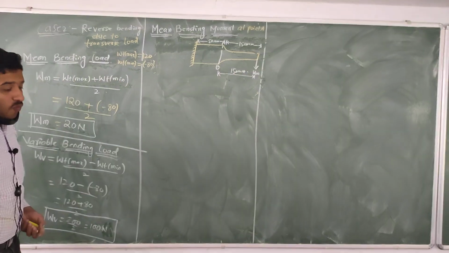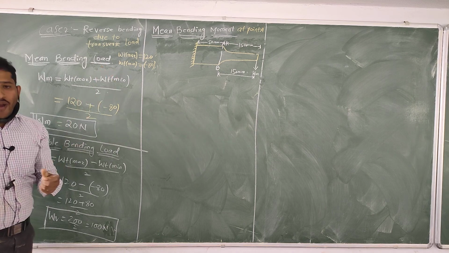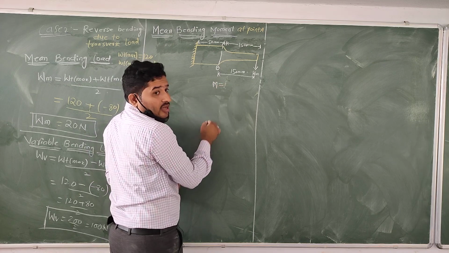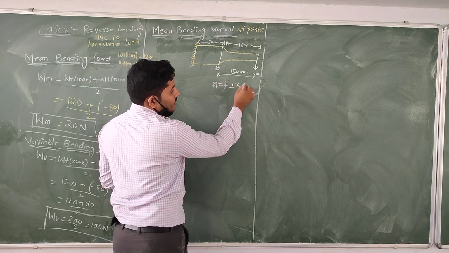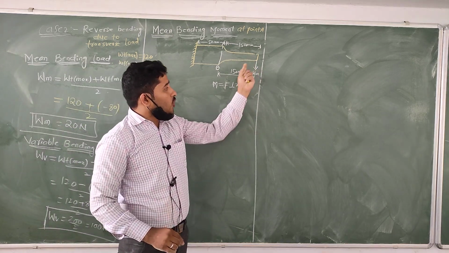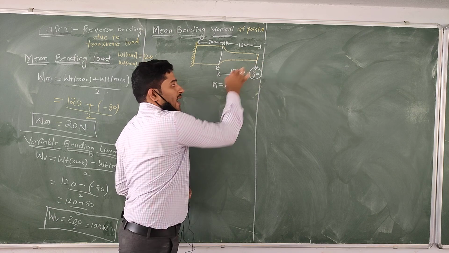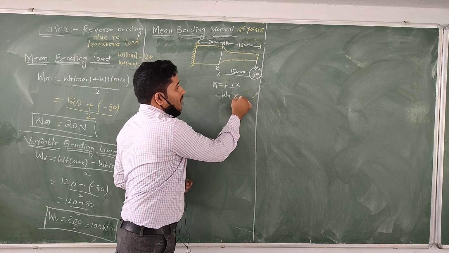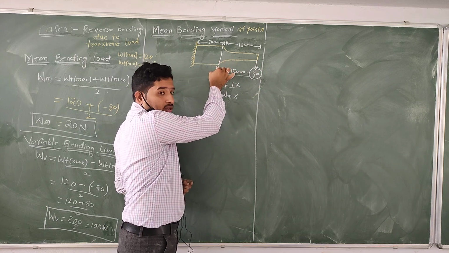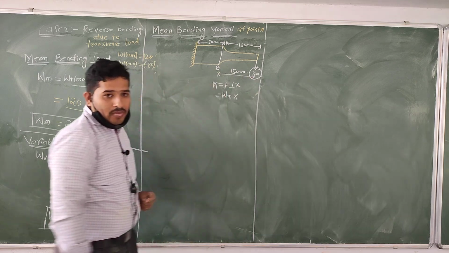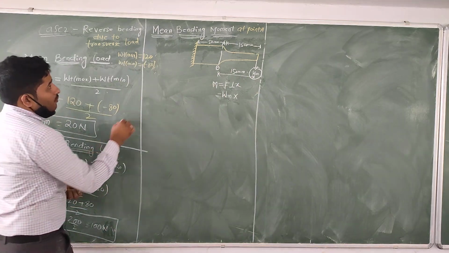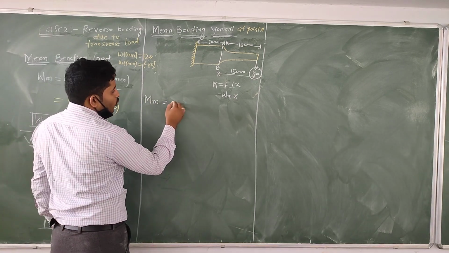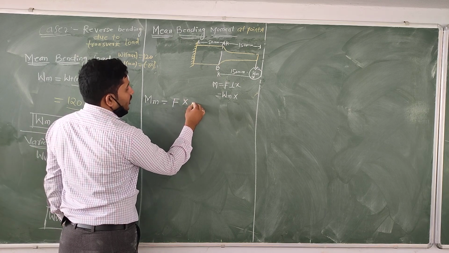Okay, dear. Then for the mean bending moment, if you want to find it out, which formula are we using? For the moment, generally we use the formula force into perpendicular distance. Is it right? Which load is acting at the free end? Wm is acting. So instead of force, we can represent it as Wm, and the distance from the free end to the section at A, how much? 150 mm. Then the mean bending moment at A is force into perpendicular distance.